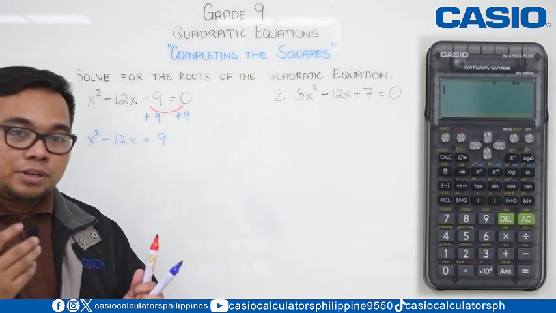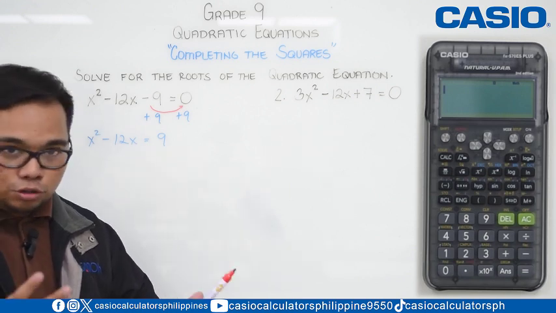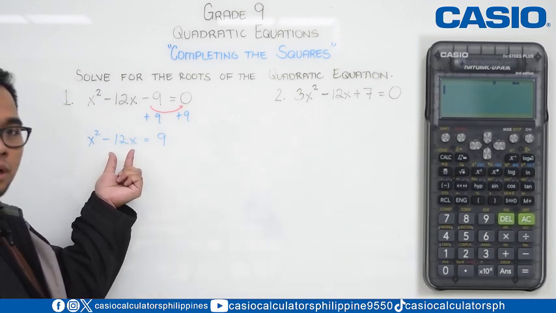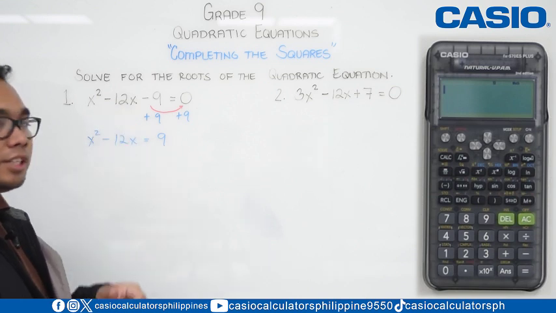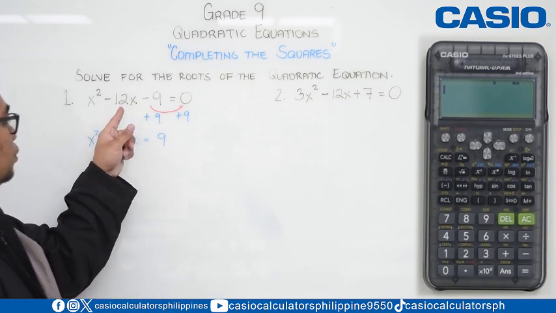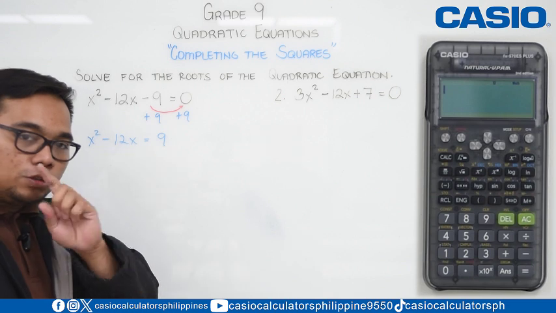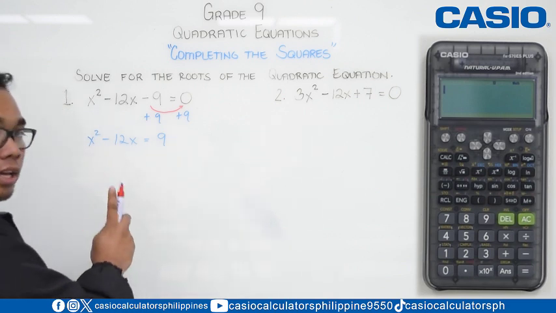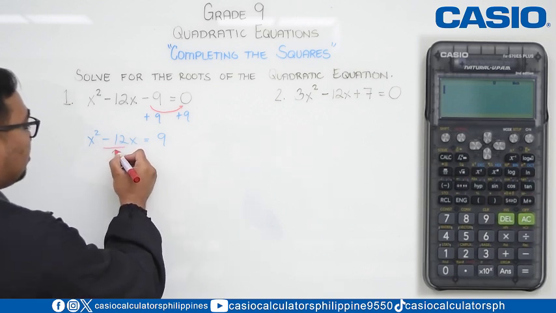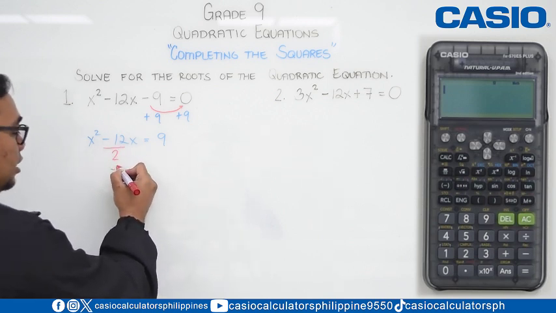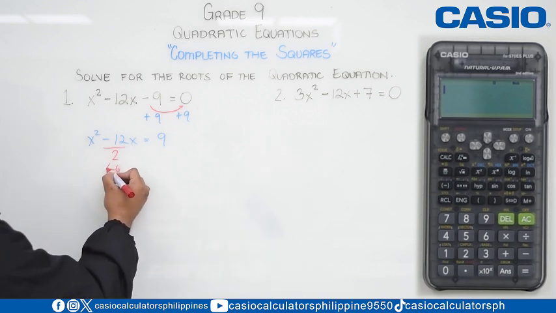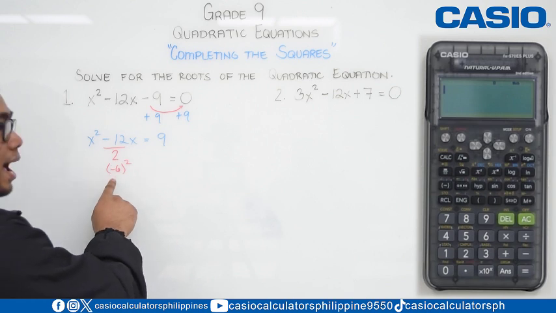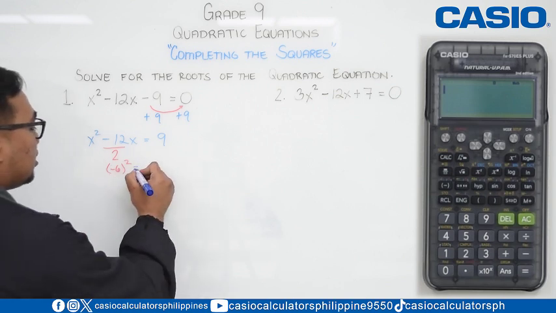Then we need to perform completing the square. So how do we do that? Take note of the expression and the coefficient of the middle term. So we have here negative 12x. So take note of the coefficient and that will be negative 12. So what we need to do is to divide that negative 12 by 2, which is negative 6. And then we need to take the square of that negative 6 and we will add that, which is 36,